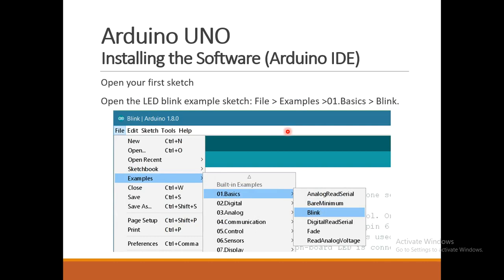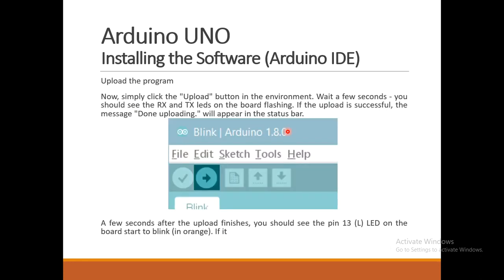Now there are certain predefined examples available in the IDE. To execute those programs, you just go to File and click on Examples. You will get many examples, like basic examples that are mainly used to understand the coding part or how it works in the Arduino board. Now, once you type the program, next you have to check for errors. This button is going to check for the errors, and once no errors are present, you can run the program. Running the program uploads the program to the board, and the board will start executing the code.